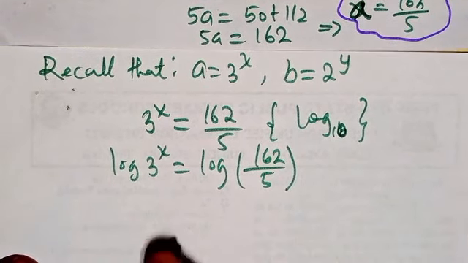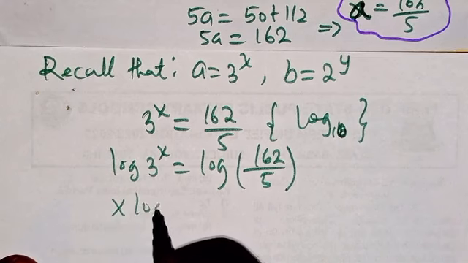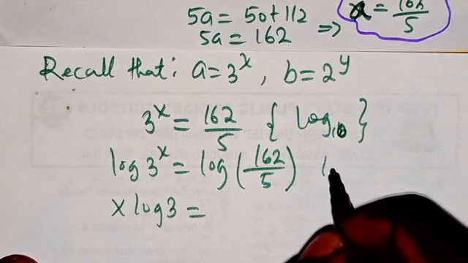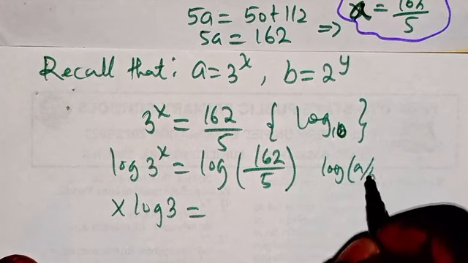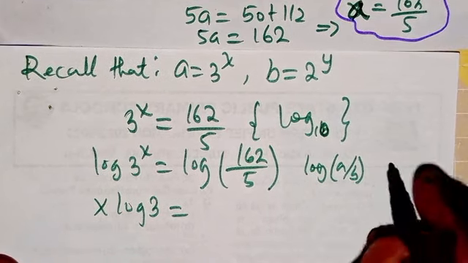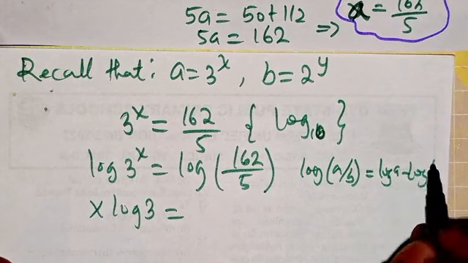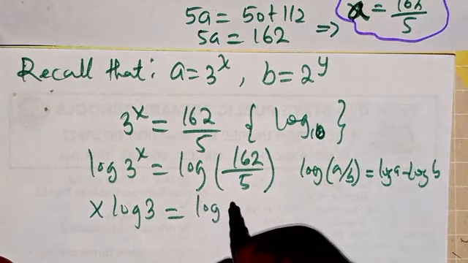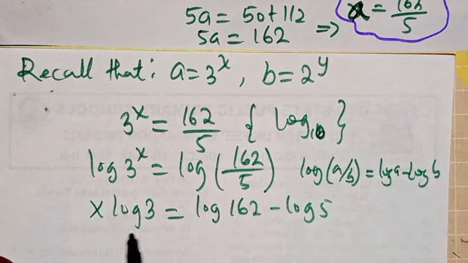So now this x will come down, multiplying: x log 3 equals, from the law of logarithm, when you have log a divided by b, this will give us log a minus log b. So we use the same thing here. This will be log 162 minus log 5. Then we divide both sides by log 3,